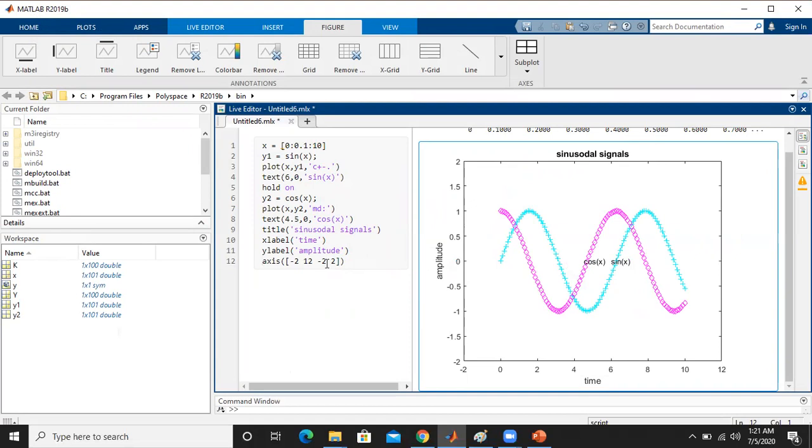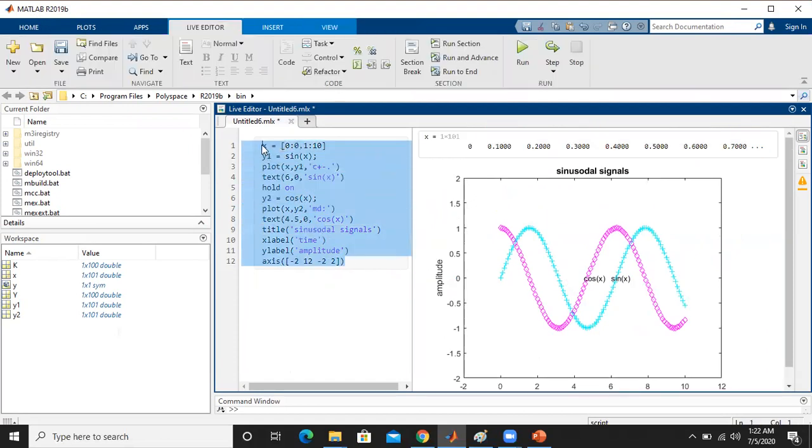You may take a third signal and fourth signal, fifth signal, like that you can do that. At the same time, multiple signals or multiple functions can be plotted by using another command. We call that one plot, but here the plot command takes multiple arguments. So we will check that now. We copy these commands because they will be useful.